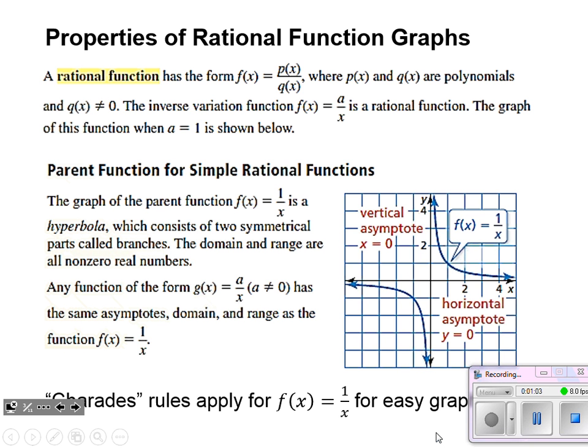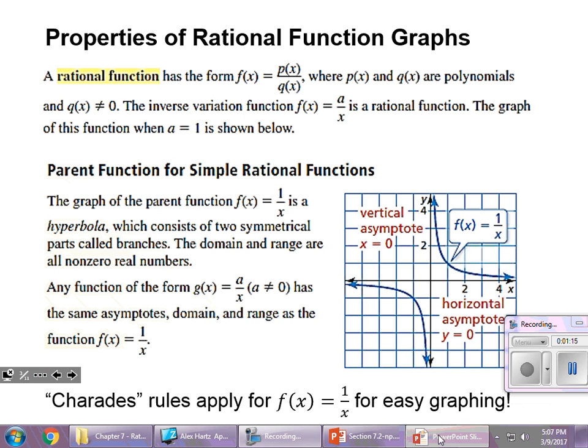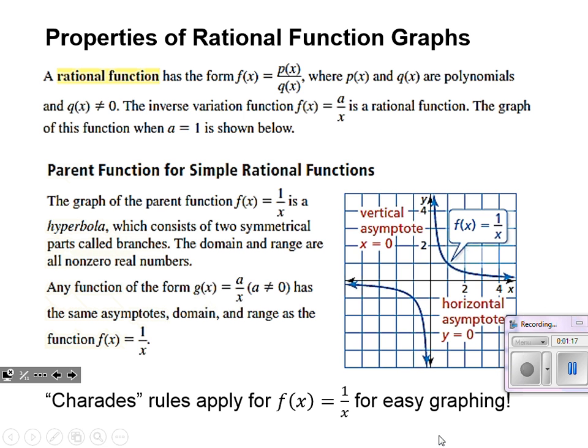Okay, now the graph down below starts that off with an a value of 1, and this is where we can apply our parabolic charades. So if I kind of move these windows out of the way for you here, you can see that when we have that form of 1 over x, then essentially we get something where we can see horizontal shifts, vertical shifts, stretches and shrinks, and even vertical flips.